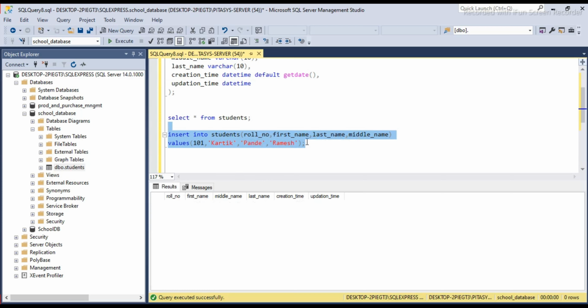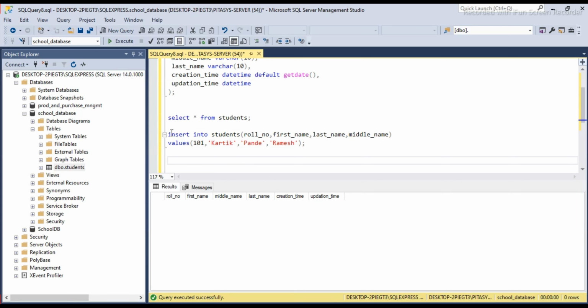We can change the sequence, but we have to pass the values as per the field sequence, meaning the sequence should not be mismatched in the values. If you put roll number first here, then it should be first in the values. If first name is second, its value should be second, like that.